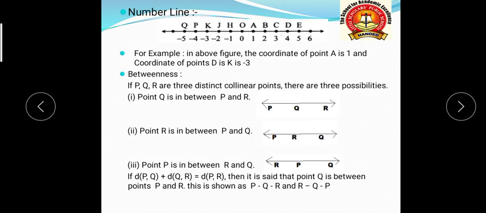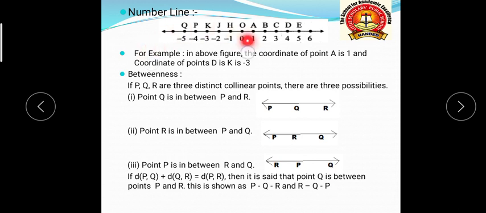Now, using the number line, I am going to explain the distance and the coordinate. Look towards this diagram. In this diagram, a number line is there. In the middle position, there is a point O having the coordinate 0. All of you know integers. The set of integers is negative as well as positive numbers including 0. This number line also shows these numbers. From the right side it is positive and the left side it is negative.